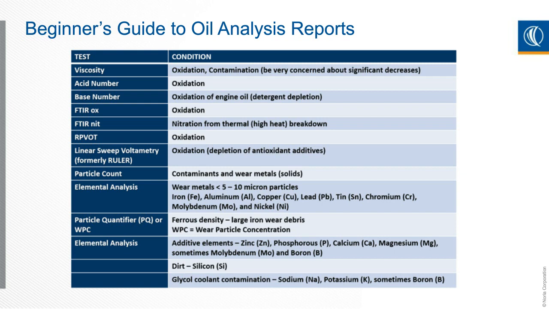It could relate to something that is specific to a contaminant, or it could be a fluid property. There are many things that FTIR can indicate. Another one is RPVOT. That's a robust test that's not usually run on every single routine test. It's a little bit more pricey. It's something that helps us estimate the remaining useful life.